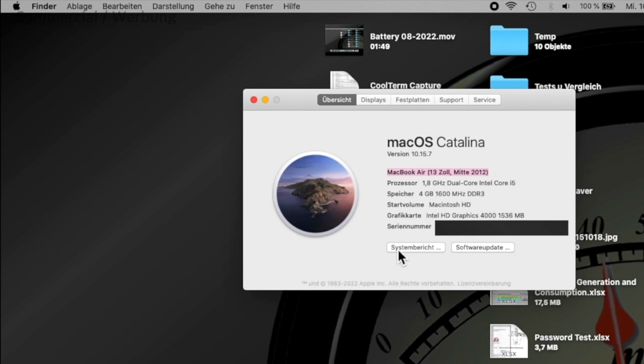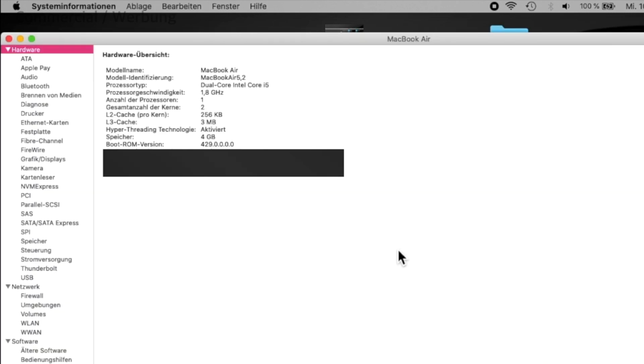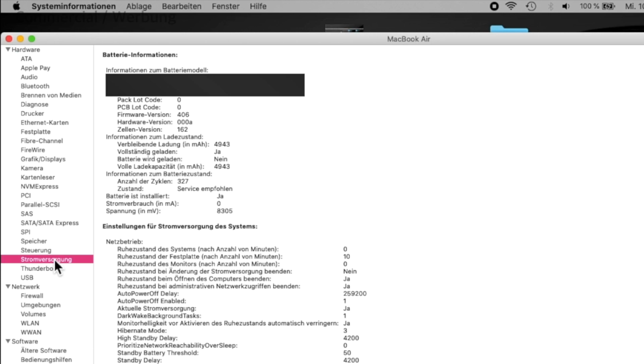I would not try to use it for video cutting, but it still works pretty well with all my Office applications. Now we can request a system report, which is giving us a whole bunch of information. But for this analysis, we are only interested in the power supply.